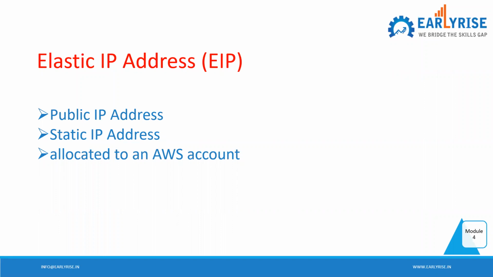Now, this is allocated to your AWS account. So what will happen? You just create one Elastic IP. Now it will be associated with your account. Whether you use it or not doesn't matter, but it will get associated with your account. It will not change once we are shutting down the instance and running it again. The public IP has changed before, but this will not change. By using this Elastic IP address, it won't change. It will remain the same for us. Yes, it will be fixed for you.